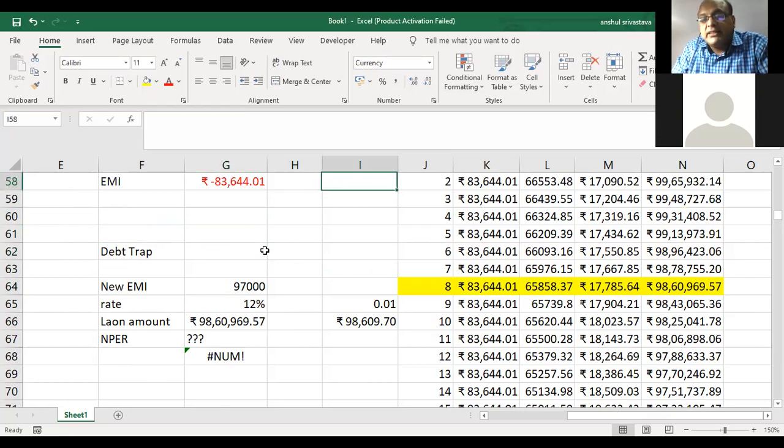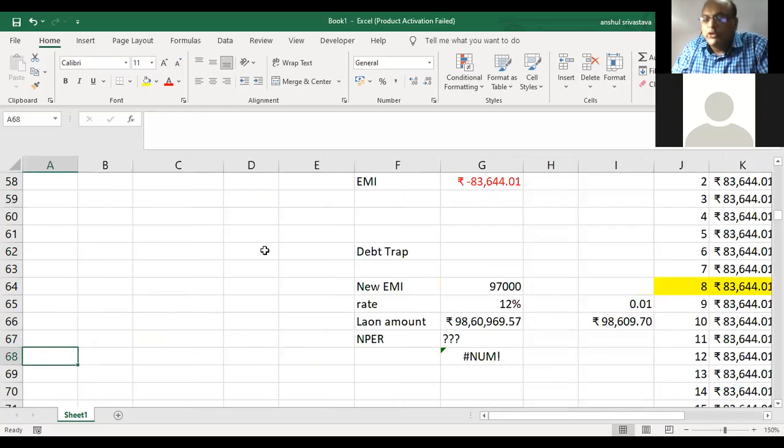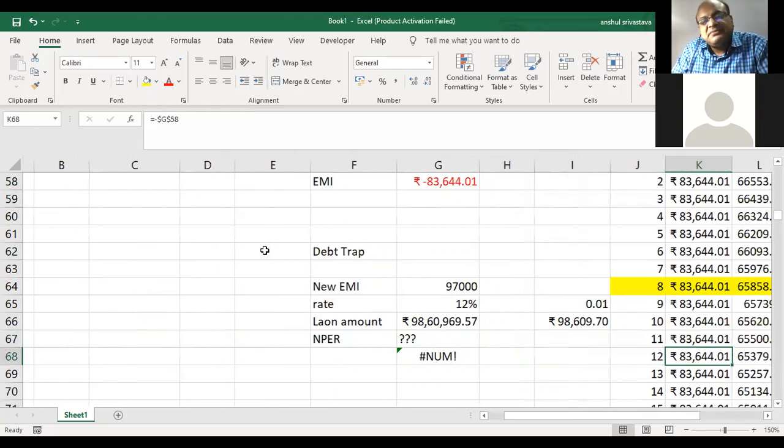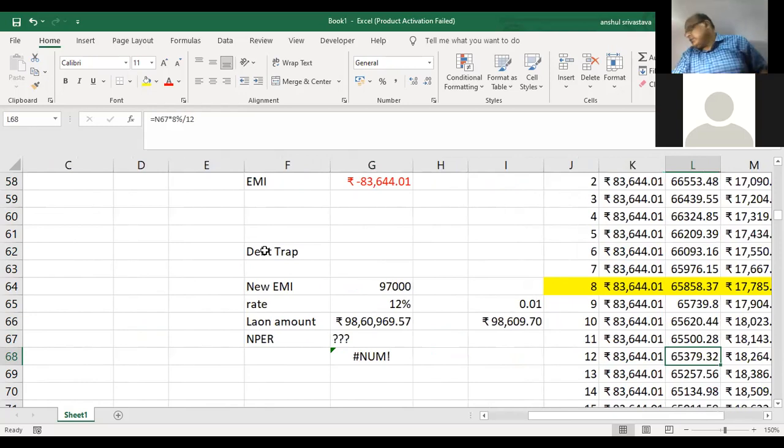As we have seen in this, in an EMI some portion goes towards interest and some portion goes towards principal. So if you are not even paying the interest, how will you repay the principal? So this is a debt trap kind of situation. And that's why we have taken such a drastic figure. Otherwise, overnight, the rates cannot increase from 8% to 12%. No? Otherwise, there would be a lot of mayhem in the economy.